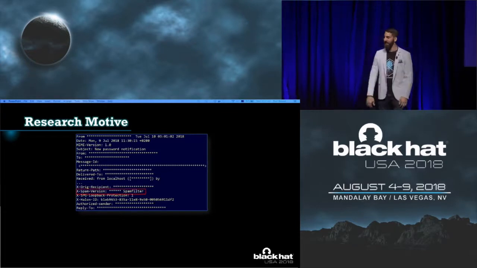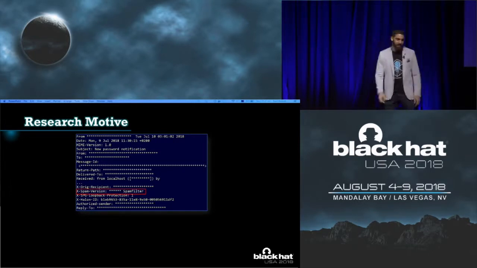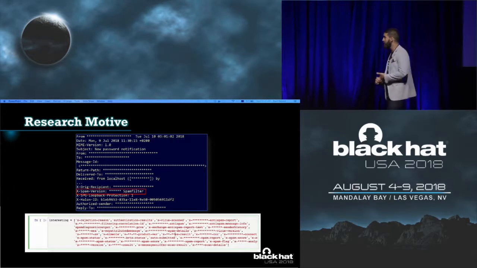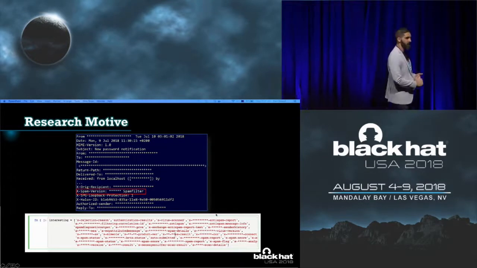We redacted everything, I swear. So we noticed a couple of interesting headers. Some of them are the spam filters, but we have a lot of others that we found that actually bear the names of the vendors